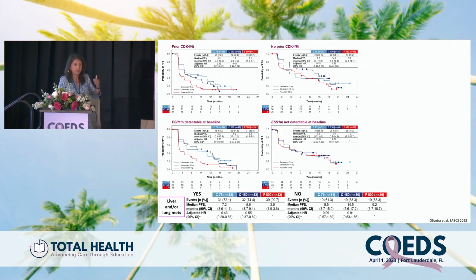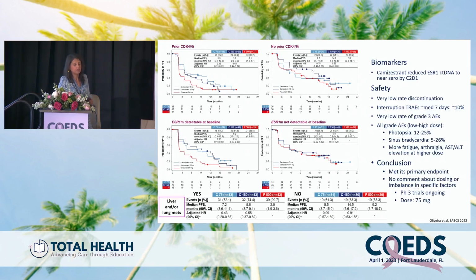And what we saw very consistently in all of those groups was still this benefit to camizestrant as compared to fulvestrant at the 2 different doses, which didn't seem to be any different. As far as safety, this drug has a unique toxicity of photopsia, which is seeing flashing lights, and some sinus bradycardia, some fatigue, AST, ALT elevations, and we are waiting to see phase 3 data with the dose that's moving